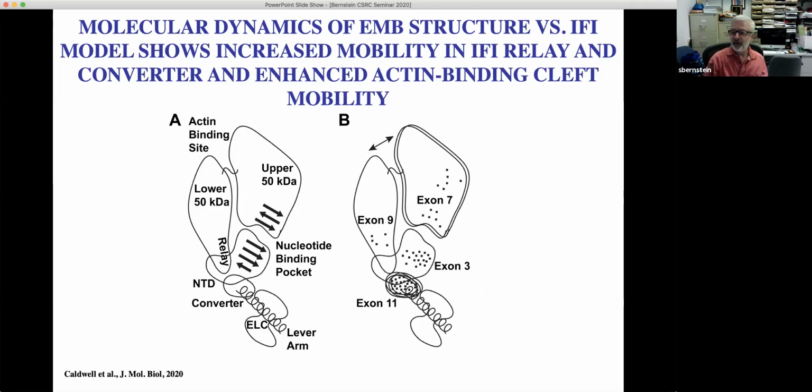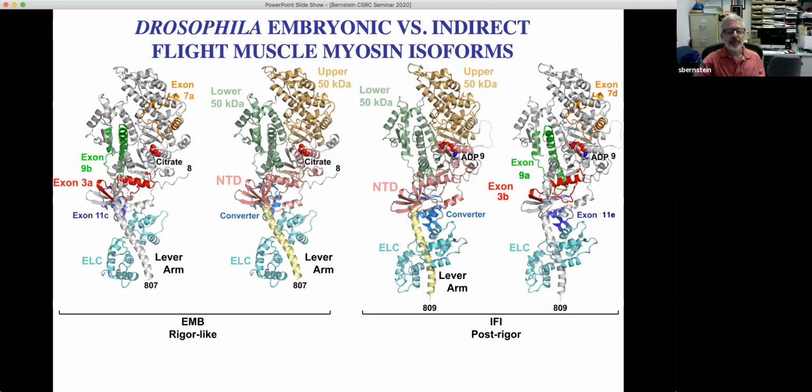the ability of this to be a very fast myosin, because we know it hydrolyzes ATP much more rapidly. We know it moves actin much more readily. And we know, of course, that it works in this super fast flight muscle that can beat hundreds of beats per second. Okay. So where we are now on this story is that we've also actually determined the structure of